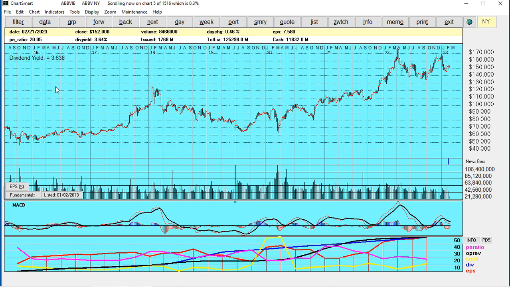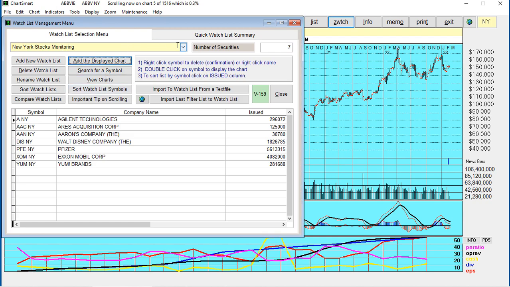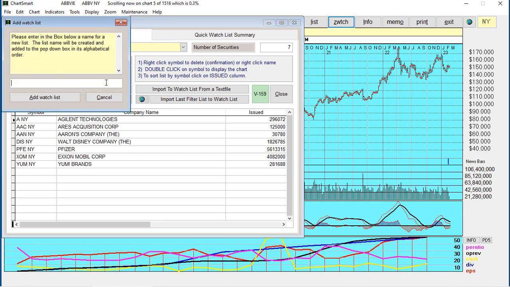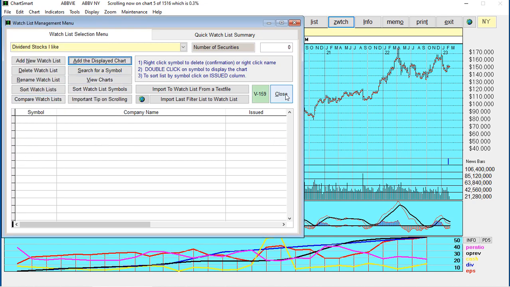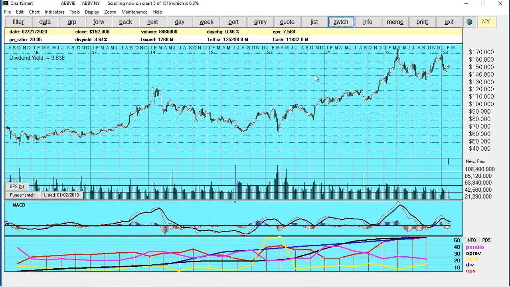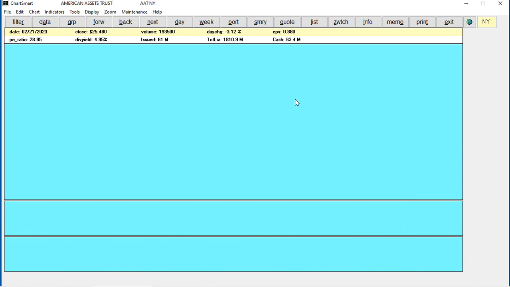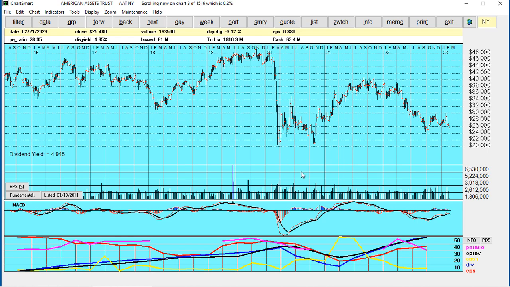Now, okay, this is great. Let's make a watch list. Okay, and we have only one watch list here right now. Let's make a watch list so that we can pick out the ones that we like as we scroll. So, dividend stocks I like. Okay, so there's nothing in there now, and that's the last watch list that we looked at. So let's go. I'm going to go back here a bit, and we're back at this one here, and